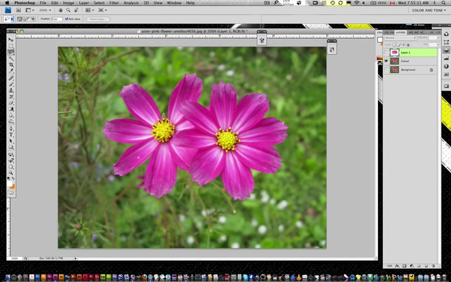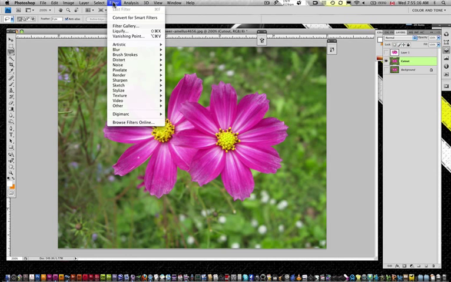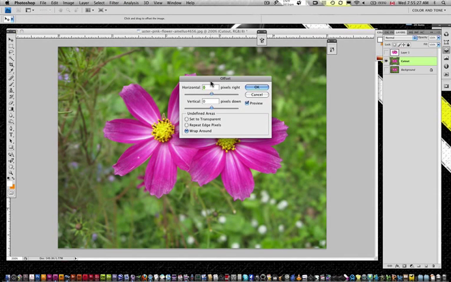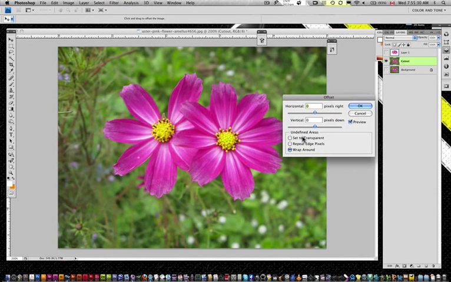So first off, we're going to select the cutout layer, and then we're going to go to Filter, then Other, and then Offset. Offset's the one we want to use. When we go to Offset, you've got this option here. Set to Transparent sets the undefined areas, which are the bits and pieces that are flowing all over the place. Repeat Edge Pixels just stretches the very edge pixel of whatever the undefined area is and pulls it